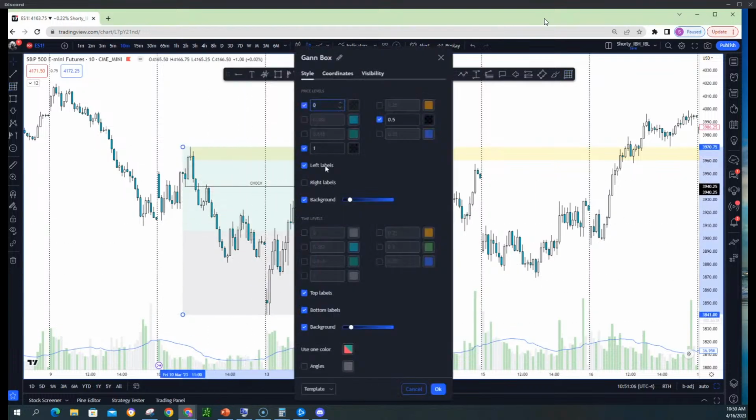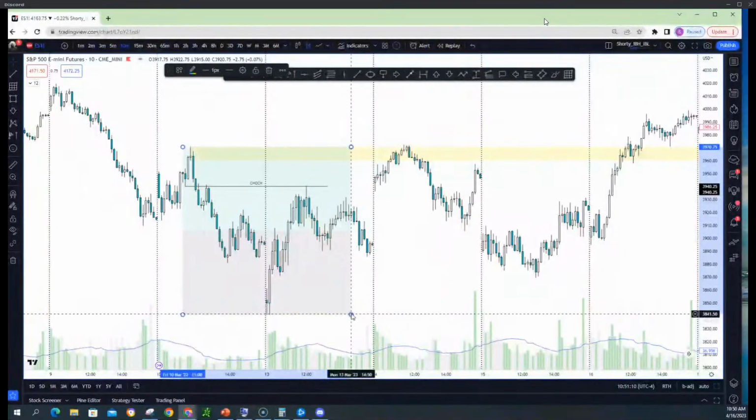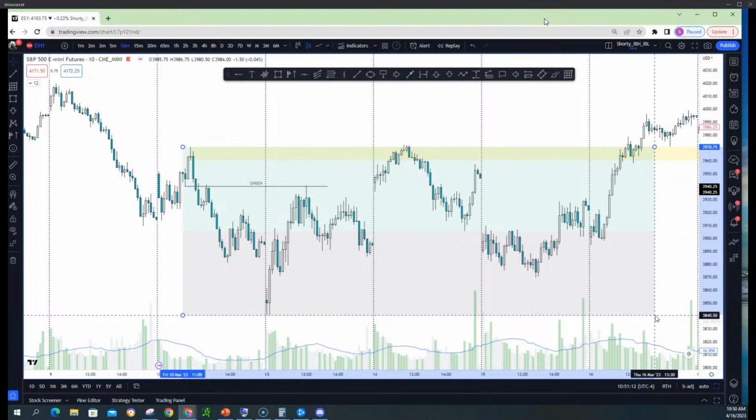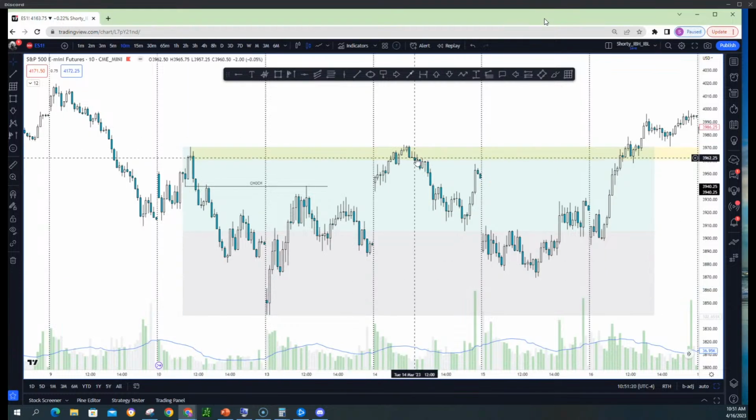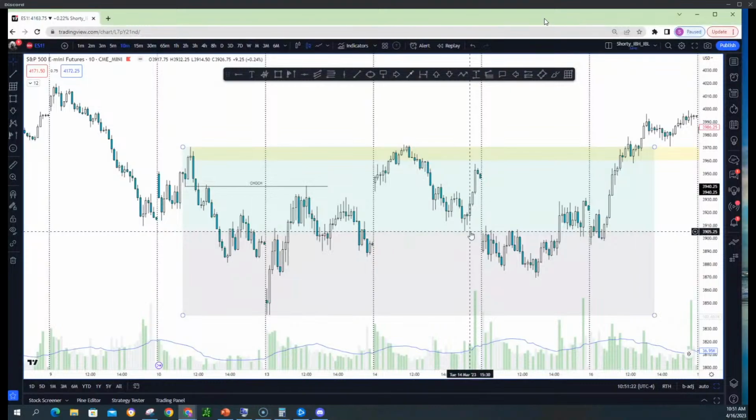Let me see if I can extend this to the right. Maybe not. You can target the bottoms of it, or you can target the 50% of it, right? Because that's where the buyers might come in because they find value. So if I shorted this here, I'm okay, and you can exit here. That means change of character happened.